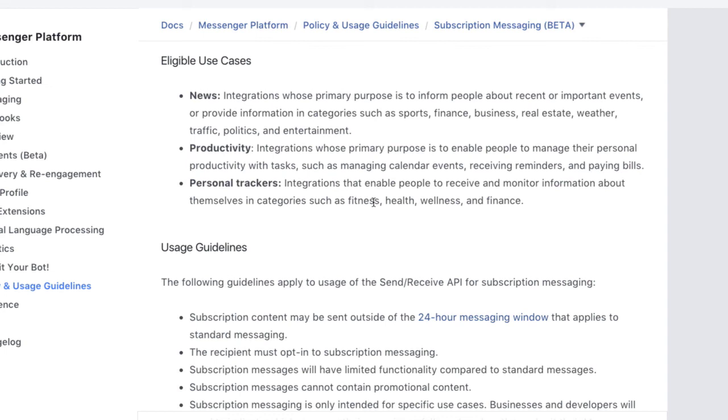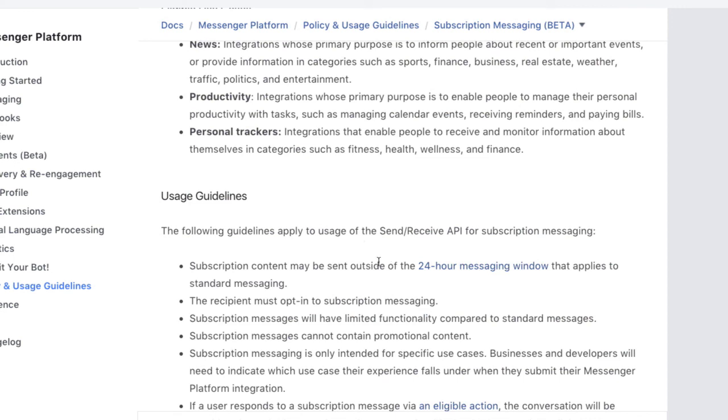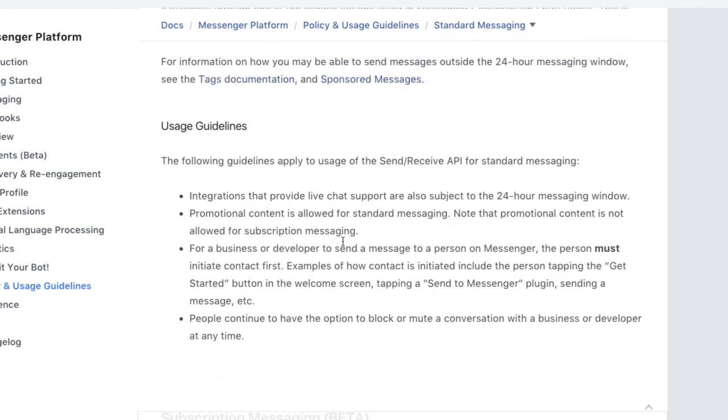What you can do is set that up on a sequence so that the particular people who have chosen daily, weekly, monthly can all be put into that sequence and begin to receive those messages from you, either reminding them that the call is coming up or that the call has started. That's just one simple example of how you can use subscription messaging. Again, very important to know is that you cannot send promotional content through subscription messaging, but you can send things outside of that 24-hour window, that 24+1 policy as we reviewed for standard messaging.